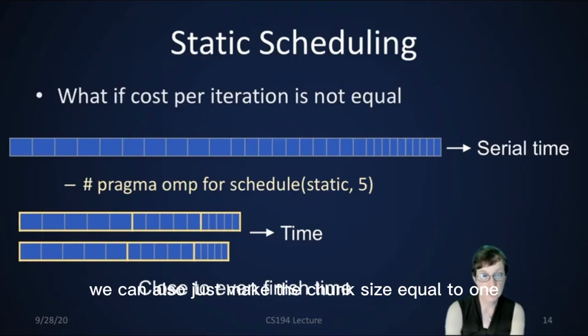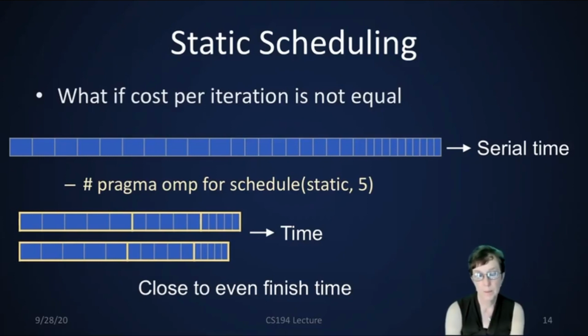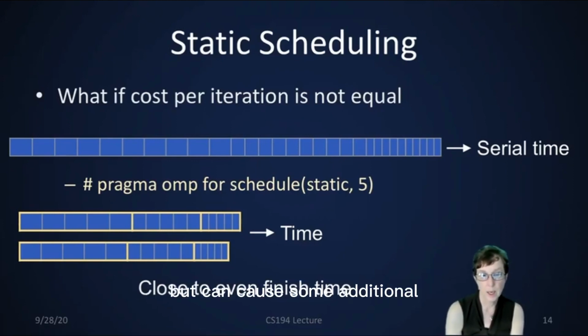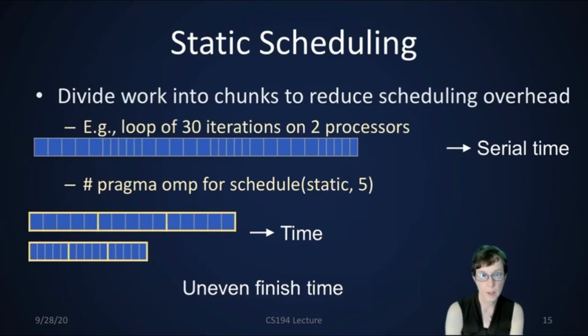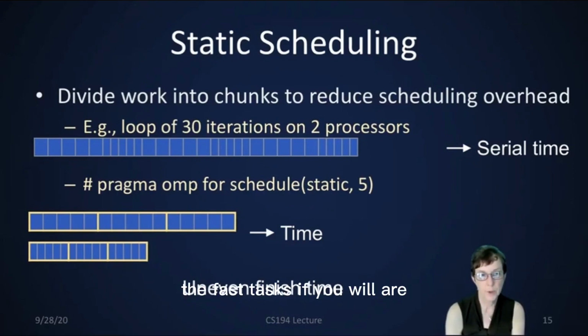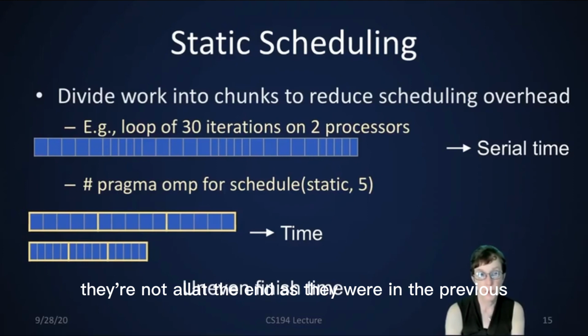We can also just make the chunk size equal to 1, and that has an advantage of most likely giving you the closest even finish time, but it can cause some additional overhead of doing the scheduling, which you're seeing. But we could also have a pattern of work in which the fast tasks, if you will, are distributed throughout the running time of the serial program. They're not all at the end as they were in the previous